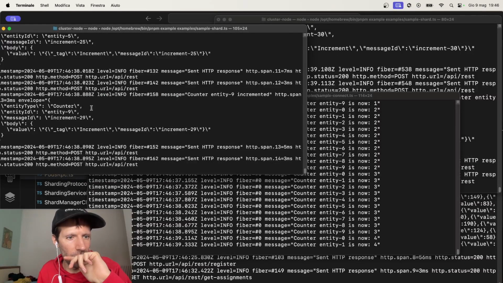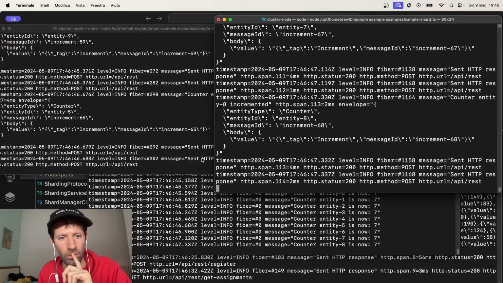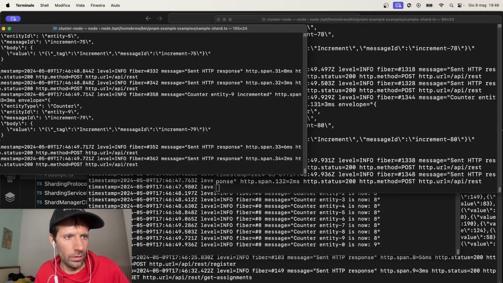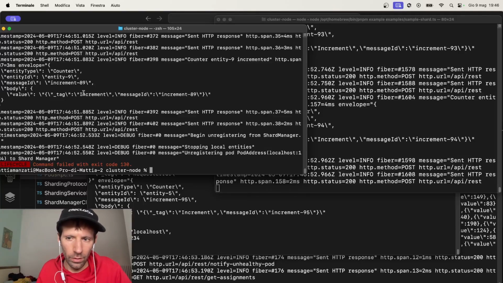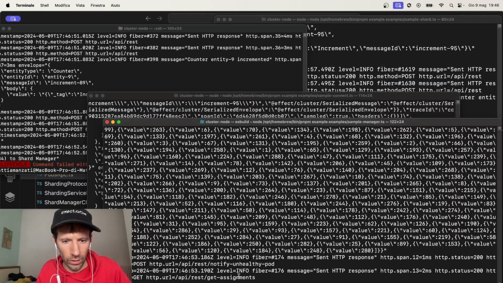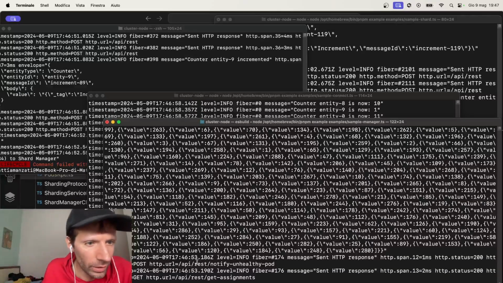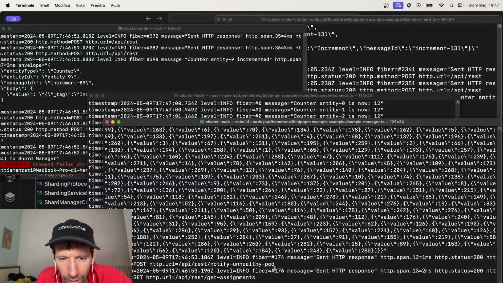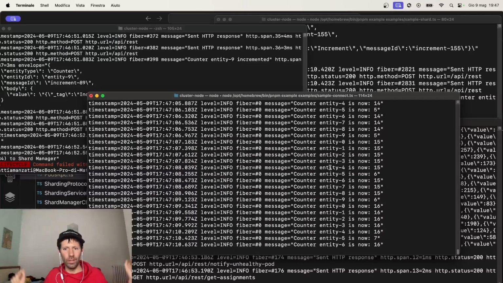We have some entities, entity number 5, entity number 9 on this process, and all the other ones are on this process. So let's try to kill this one gracefully. Okay, now we get notified that there was an unhealthy pod, the one that we killed. And what happened is now our system is back working perfectly. Because what happened is that